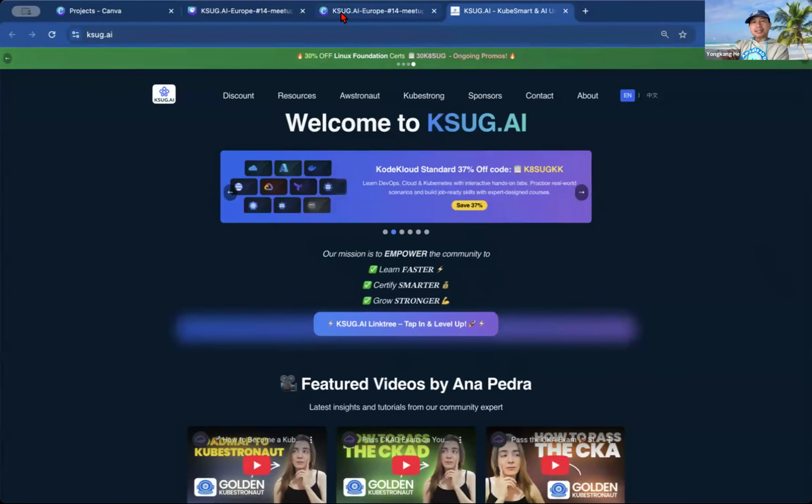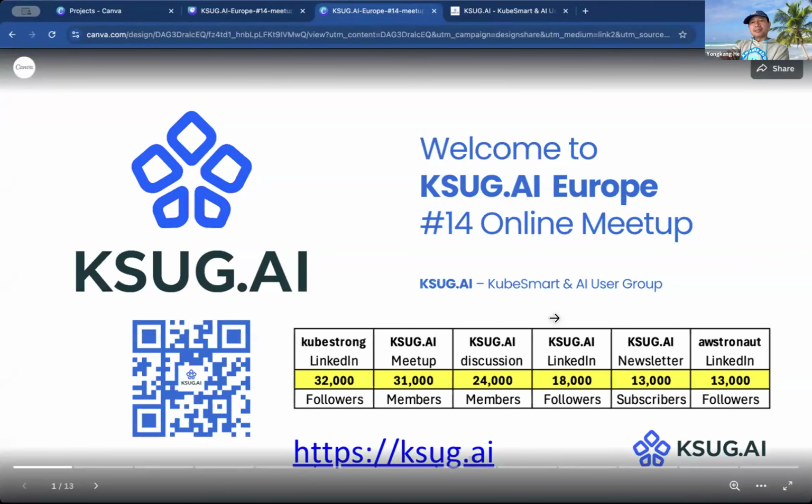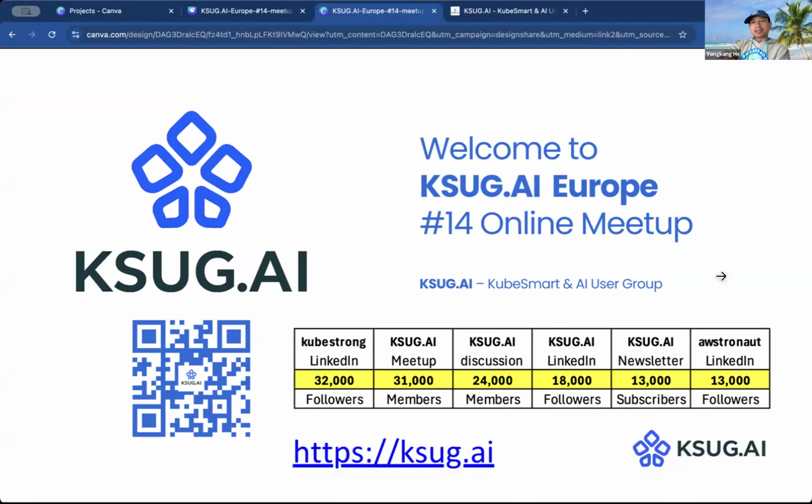Coming back to the slide, you can see listed here all of our community members. CubeStrong is one of our largest node pools, or node groups in Kubernetes terminology, and we also have a few other large Kubernetes node pools. Guess what?